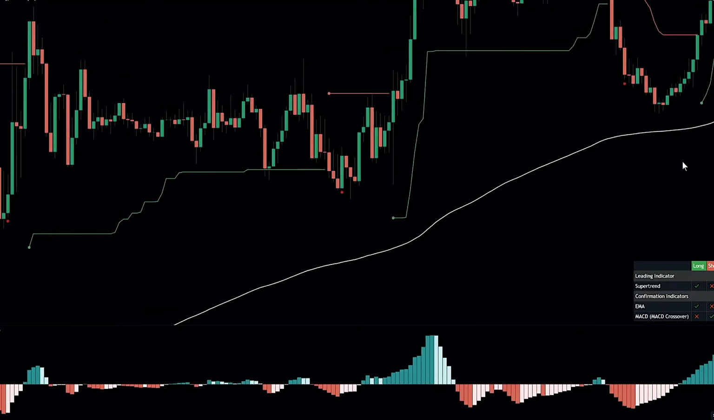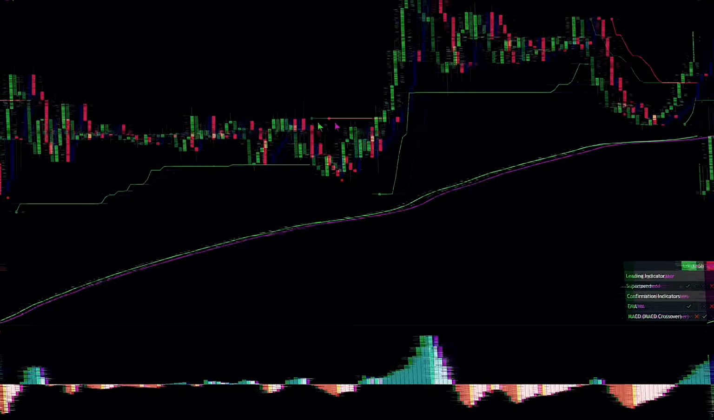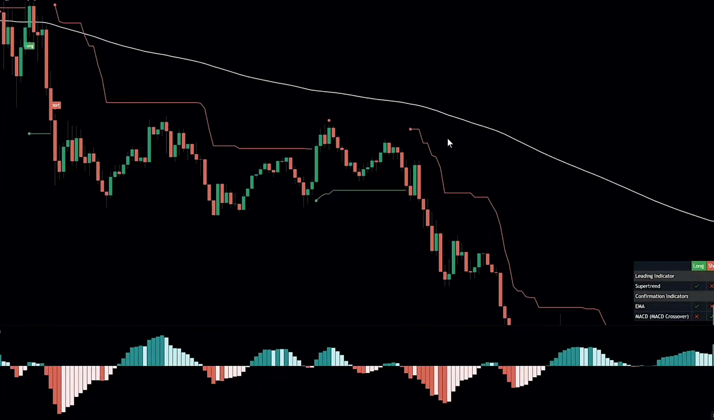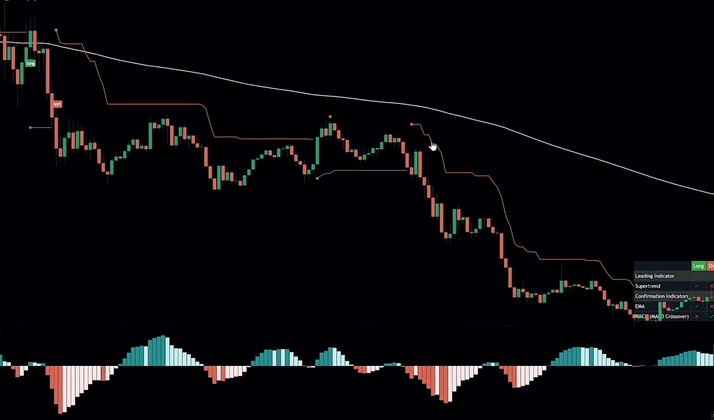Now you might notice that sometimes the entry conditions are met but no signal is generated. For example, here the super trend aligned with bearish momentum, the price was below the 200 period EMA and the MACD histogram was red, but no short signal was generated. Why? Well, I'll explain, but first